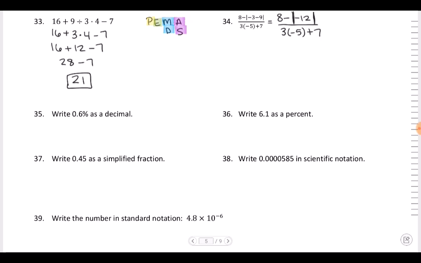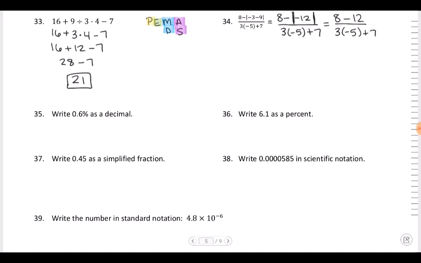Okay, so once I do my parentheses, quote unquote, simplified inside my grouping symbols, now I need to evaluate inside those grouping symbols. So I have the absolute value of negative 12, and the absolute value of negative 12 is just 12, right? It's the distance that you are from 0 on the number line. Okay. So now that I have simplified that aspect of the numerator, now we say, okay, do I have multiplication,